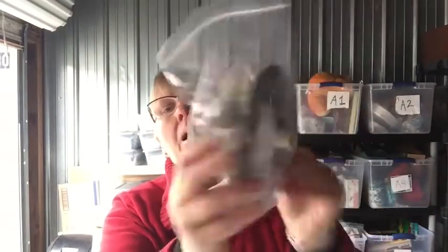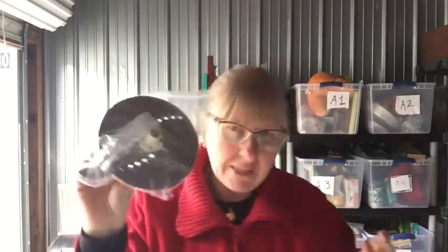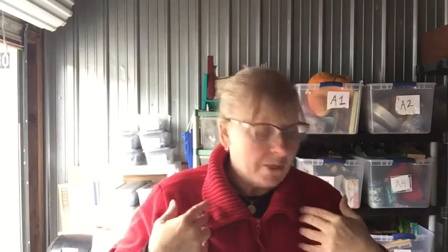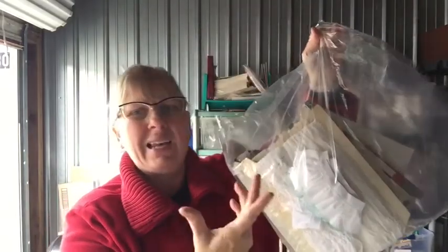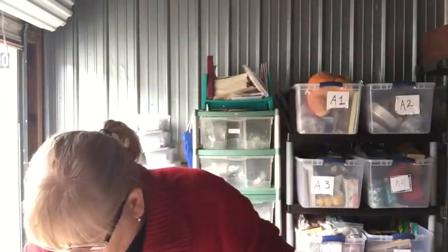These are some blades that I've had for quite some time. They're from an older GE food processor, so usually we'll take these a little longer to sell. Those sold for $18.39, so for me it's worth it. And then this lot of lace that I paid somewhere in the neighborhood of less than $10, but I think like $6 or $8 for. That sold for